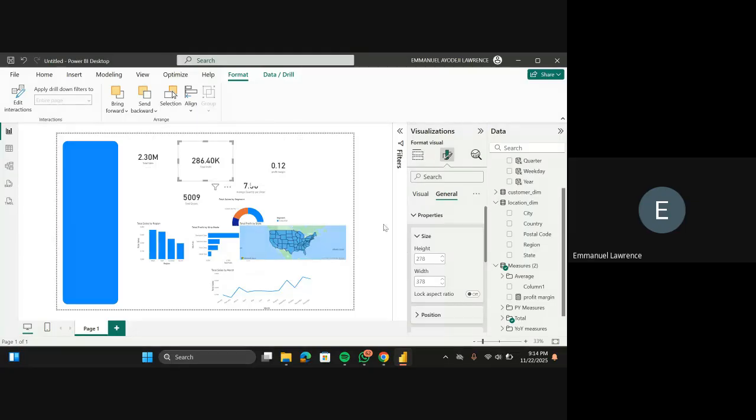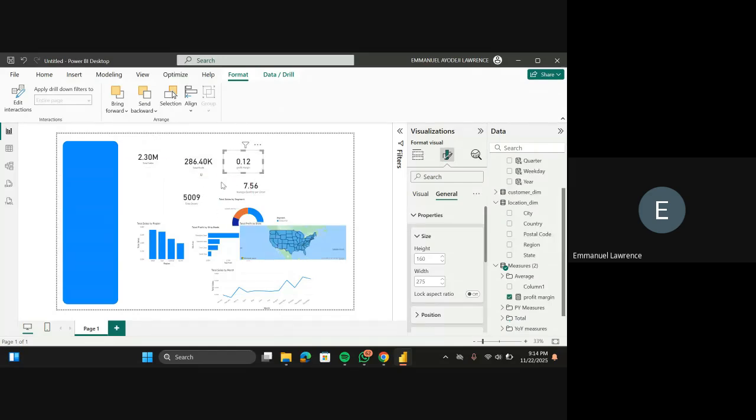So I'll do the same thing here: 160 by 275. I'm going to do the same thing here too, 160 by 275. I guess the shape is enough. That just covers up the spaces here. So this is it.